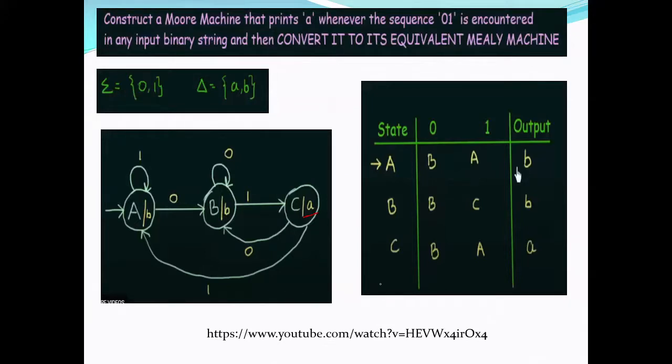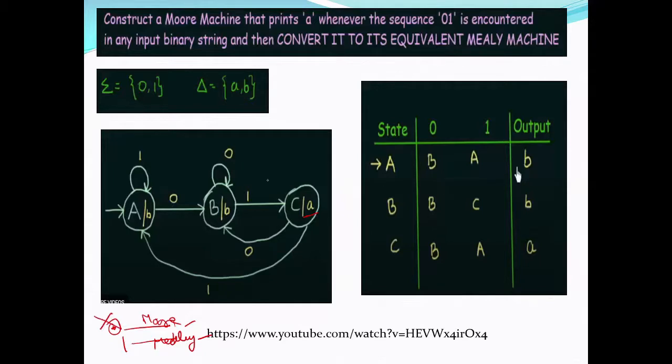So when we are comparing a Moore machine and a Mealy machine, I have to neglect the initial output symbol from the Moore machine. Then I will compare. So the first output symbol is neglected and we take the remaining output from the Moore machine and the Mealy machine. Then only you can compare. Otherwise, you cannot compare. There is no way that these two will become equal. So we can eliminate this.